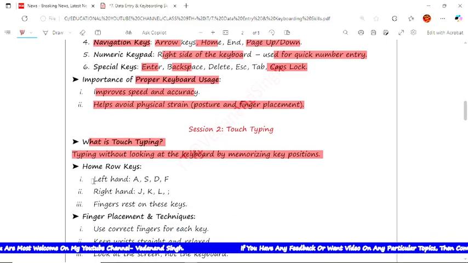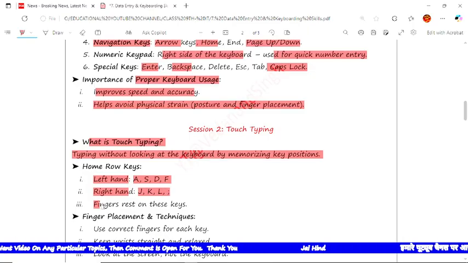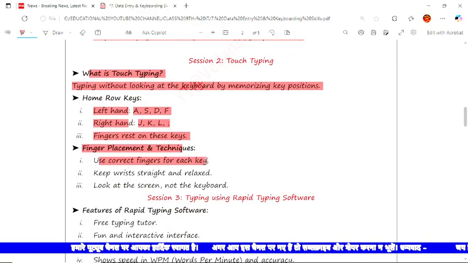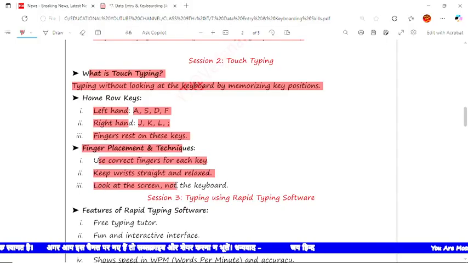In the home row, on the left side, generally with the left hand, we take A, S, D, F, and with the right hand we take J, K, L and the semicolon, and the fingers rest on these keys. Now finger placement and techniques: use the correct finger for each key, keep the wrist straight and relaxed, and look at the screen, not the keyboard.